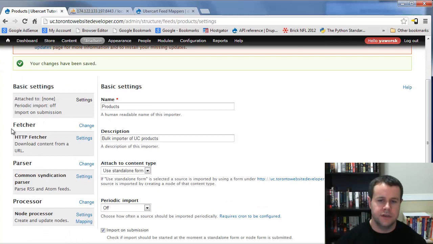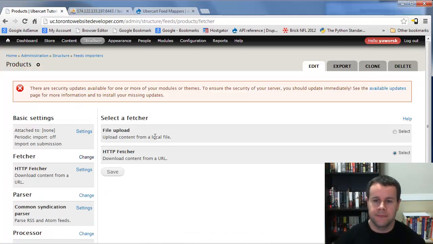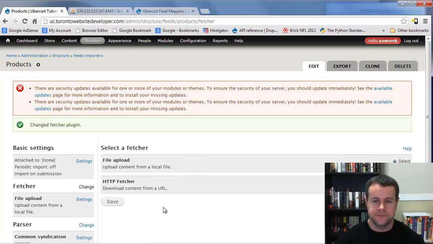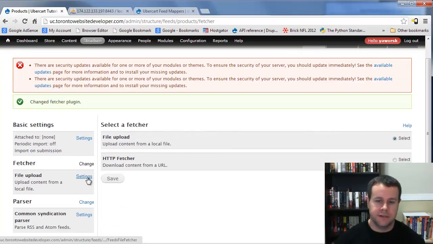Next thing we're going to do, you'll see that we've got this fetcher. That's our next major section here. You'll see it's an HTTP fetcher right now, and that's to download content from a URL. That's not something we're going to be doing, so obviously we need to change that. Here, after clicking change beside fetcher, I can choose a file upload rather than HTTP. So I can go save this. And now if I go to the settings for file upload,